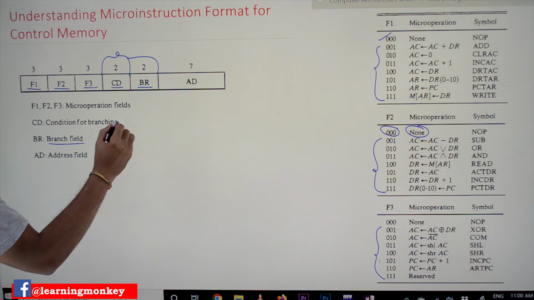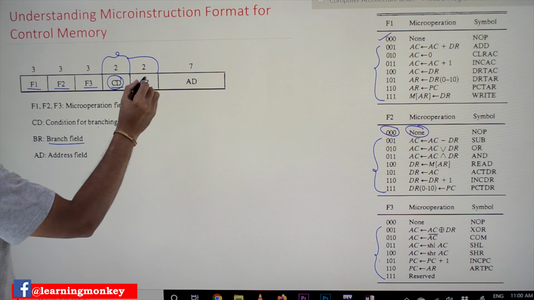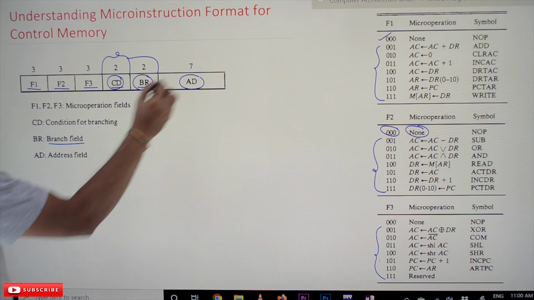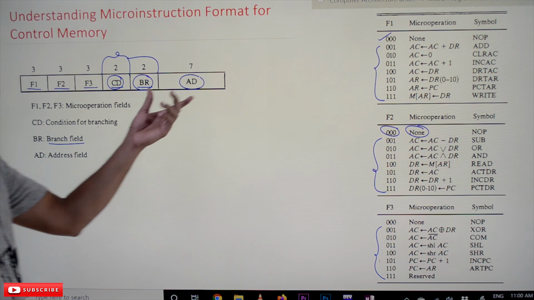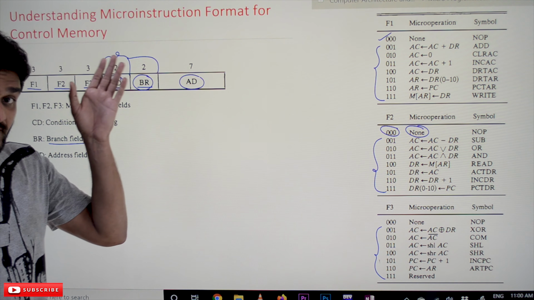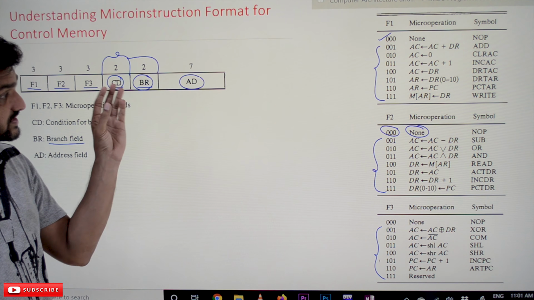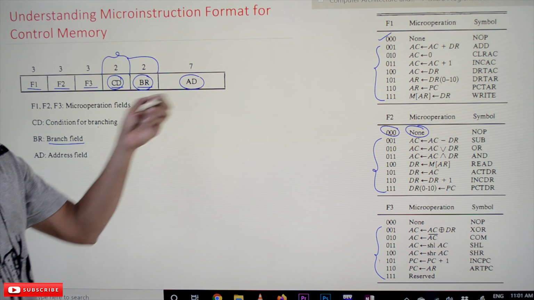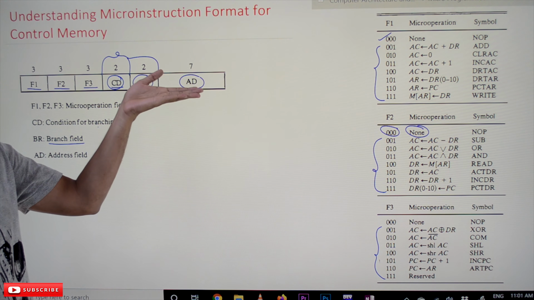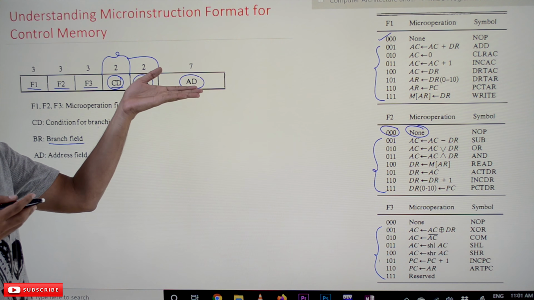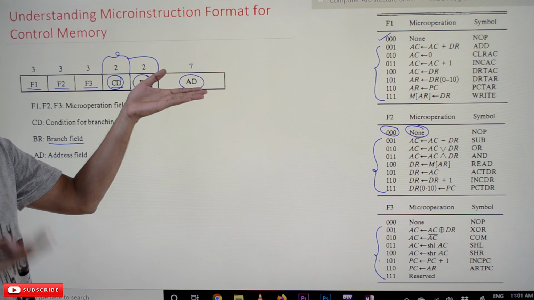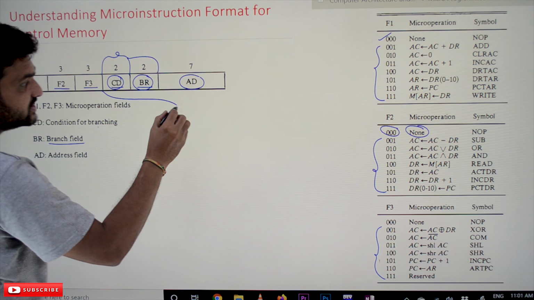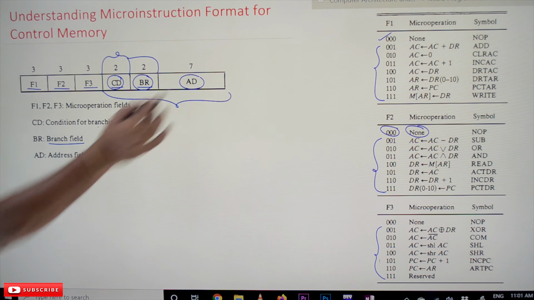So CD and BR are the status bits, and the other field is the address field. Address field means this is the address of the control memory where the instruction has to jump to execute the next instruction. About these 3 fields we will try to understand in our later videos.